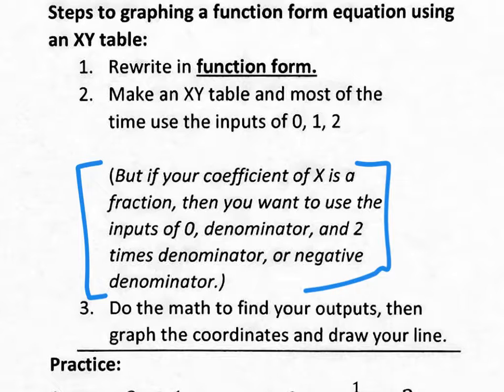Once you get that done, then step 2, ladies and gentlemen, read this. It says make an XY table and most of the time use the inputs of 0, 1, and 2. Now, what is that going to look like? It's going to look like this. An XY table with the input 0, 1, and 2. That's what step 2 is talking about, okay? Now, but